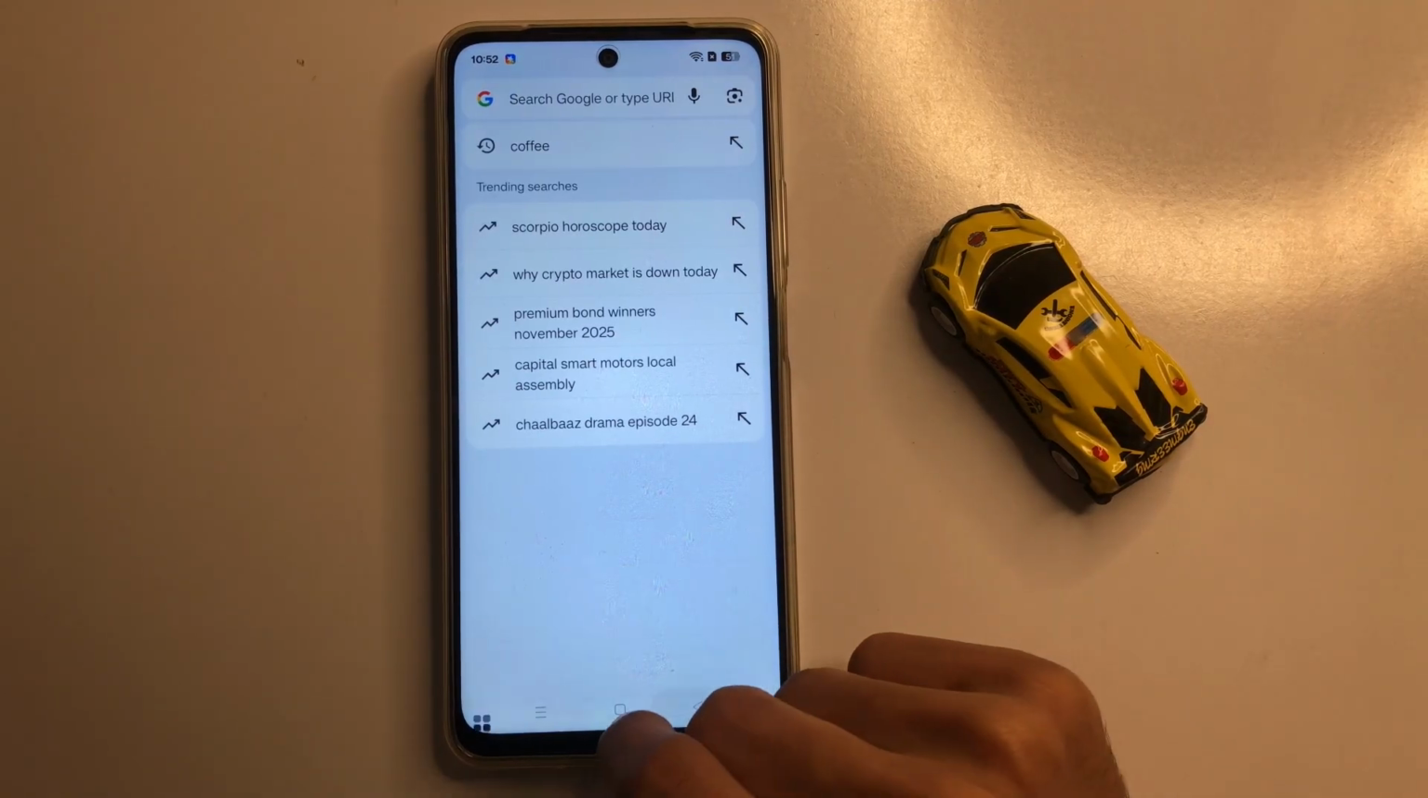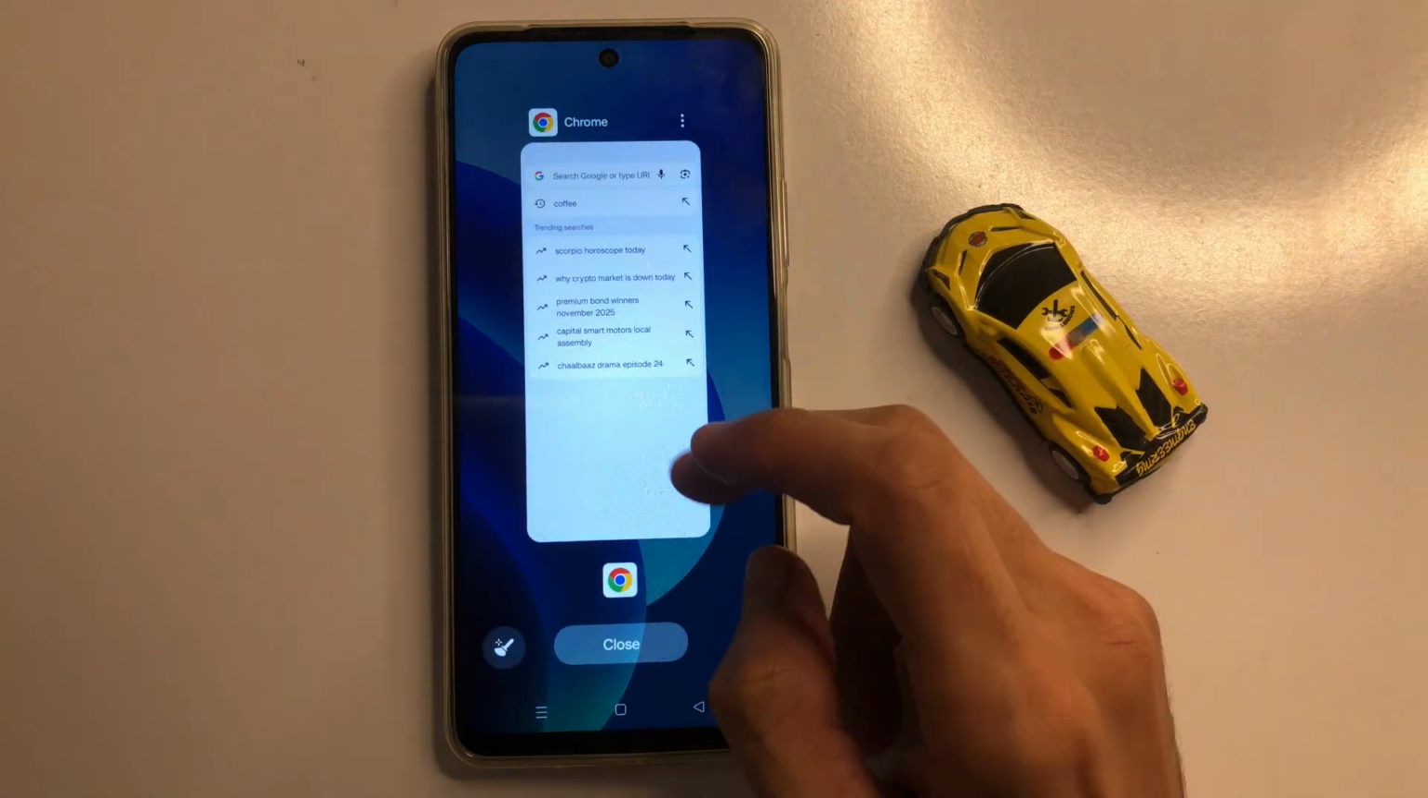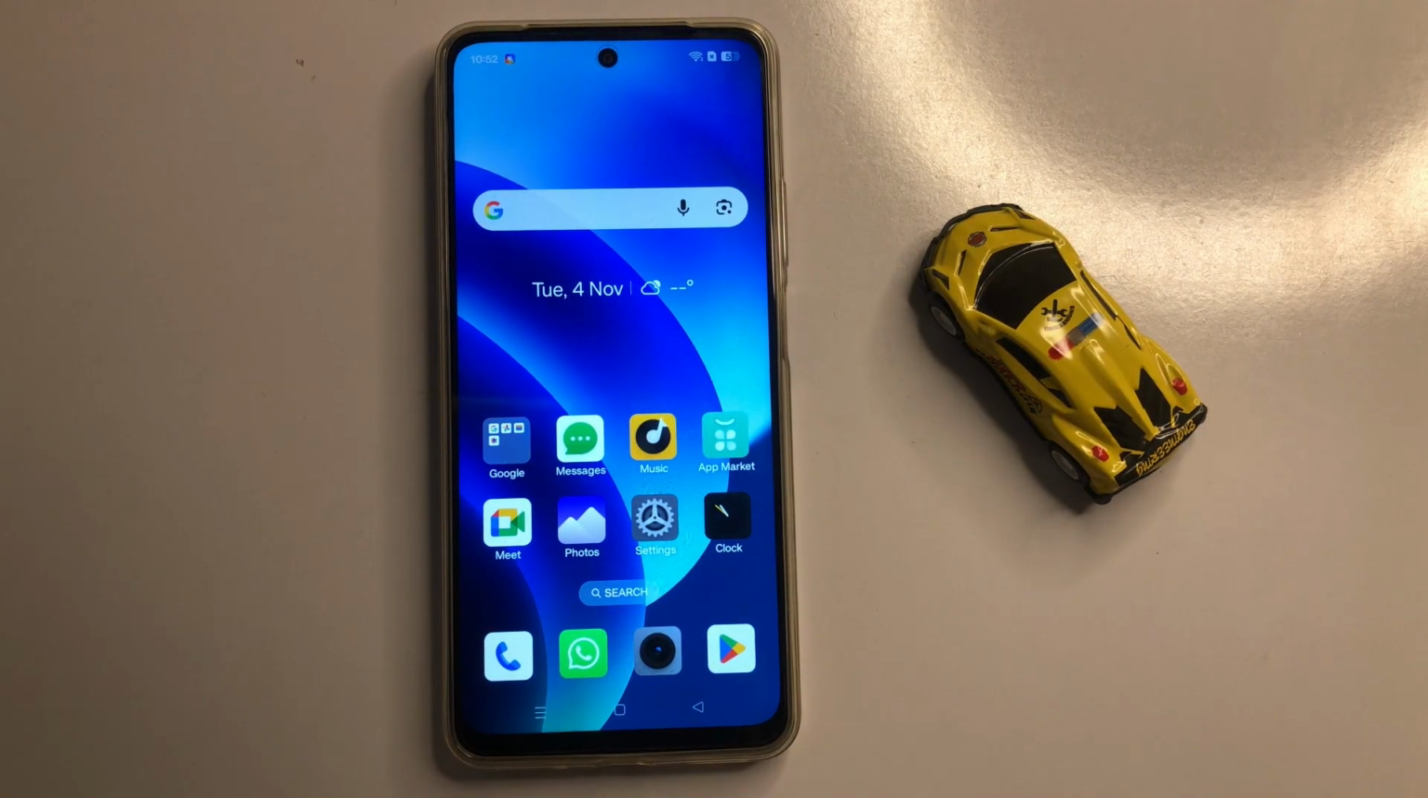So after the process go back to home screen, refresh phone. So that's how you can fix floating keyboard issue on